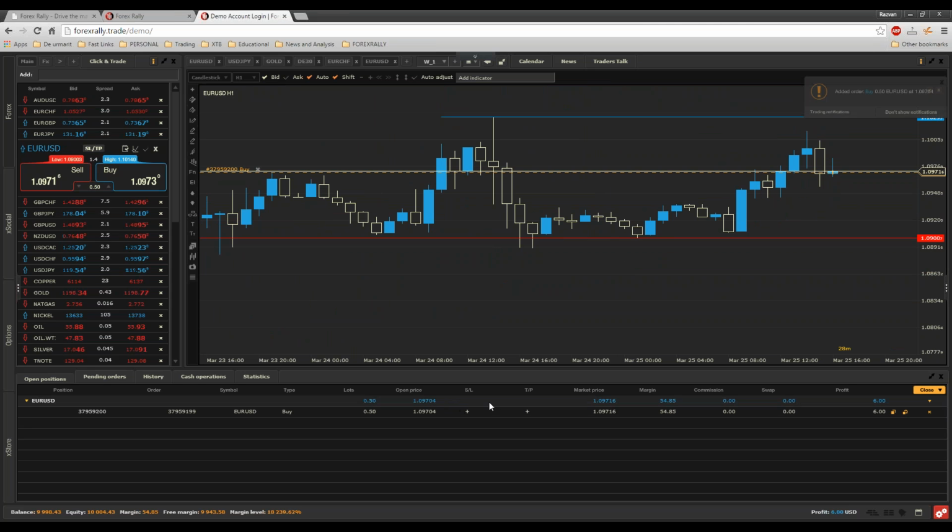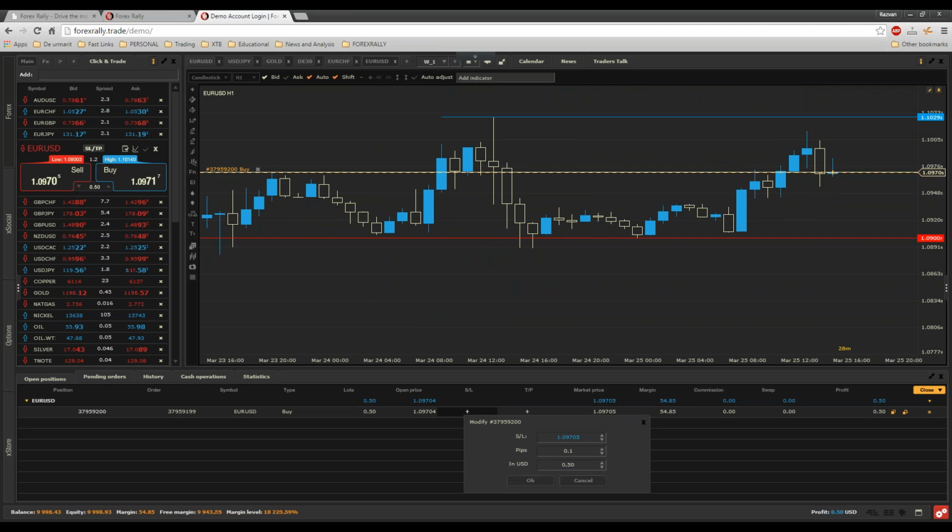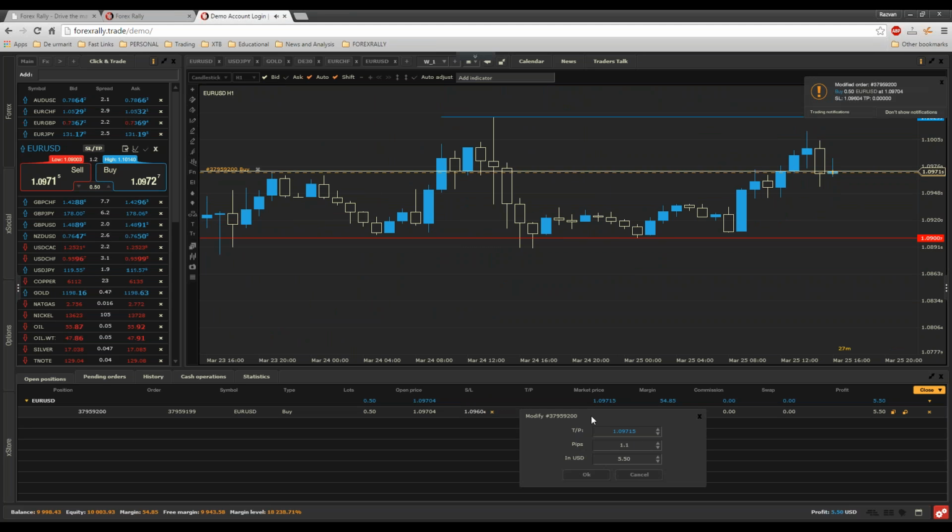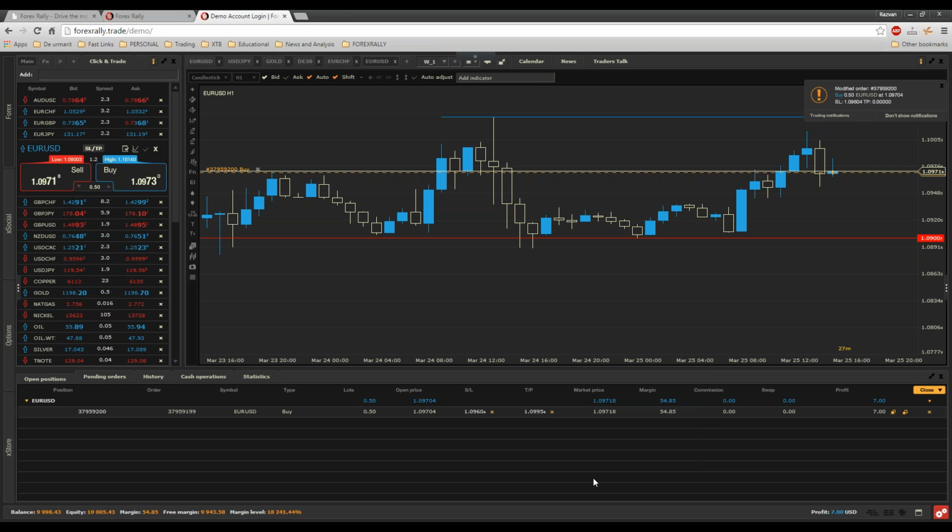I have a stop loss which is not set, so I can set it, let's say 10 pips. I will lose $50 if I set this stop loss, minus 10 pips, and I want to win 25 pips, $125. So I see the notifications here. These are the confirmation windows. I can see the market price.